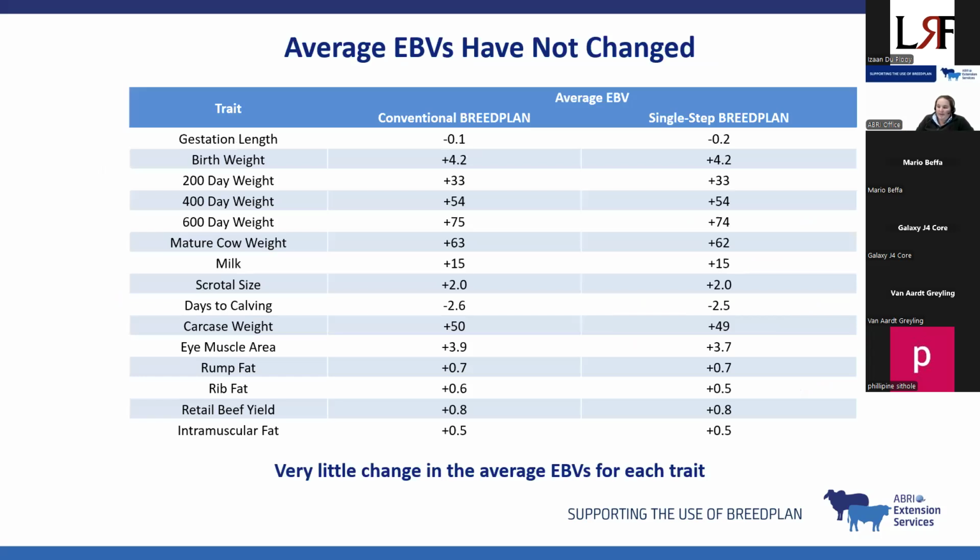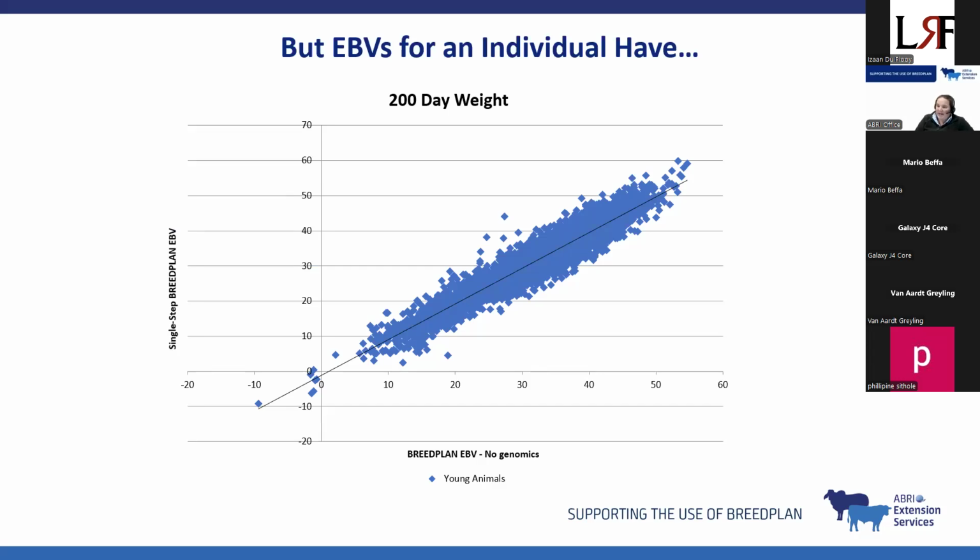What we found when we did that is that average EBVs have not changed. That was good. We were quite happy with that result. If we look down the different traits, the conventional BreedPlan average and the single-step BreedPlan average, you'll see that they're very, very similar. Very, very little change in what the average EBV was for that analysis. And that's what we like to see. But what did change